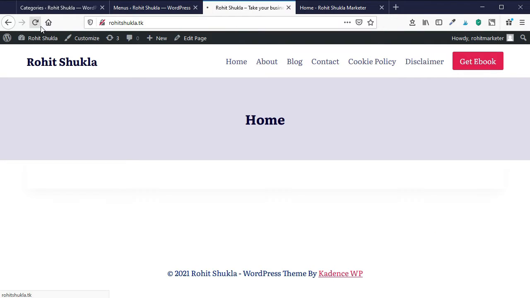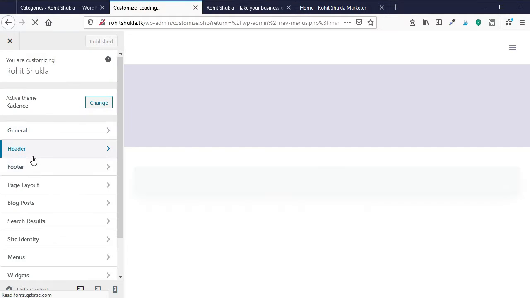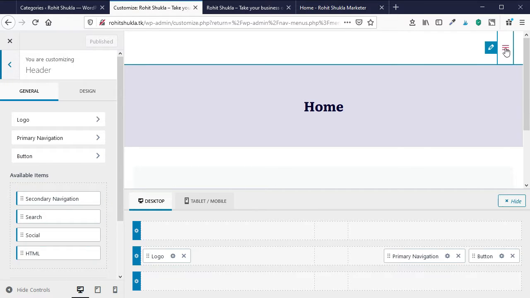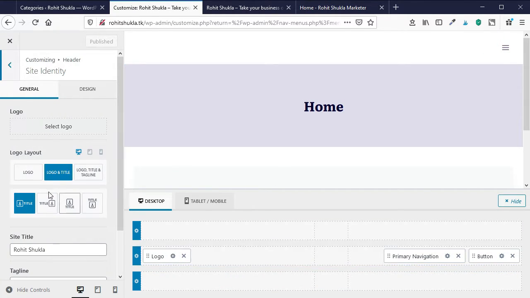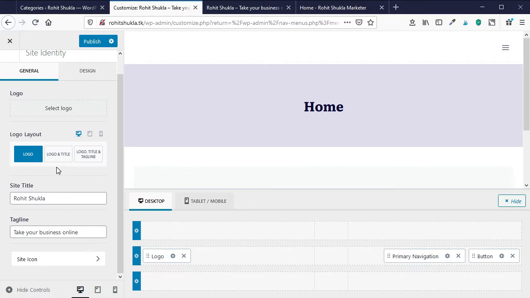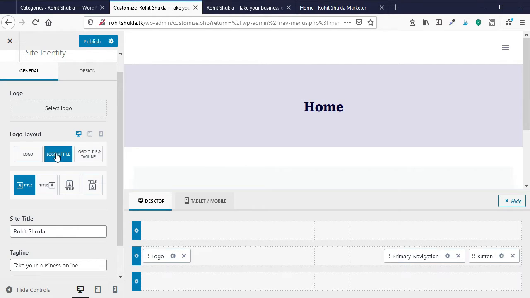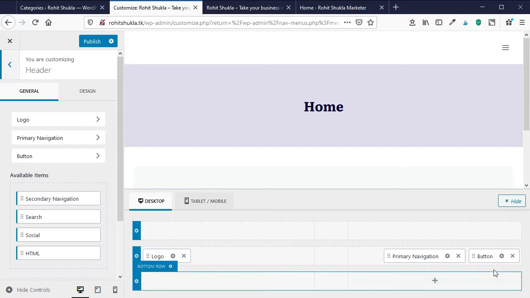Now if I refresh it, you can see that the whole menu changes. And now I will configure this button layout. For configuring the button, go to the header section and click on the button section of your bar. But before that I want to change the logo. You can upload your logo image, or you can define a text logo.